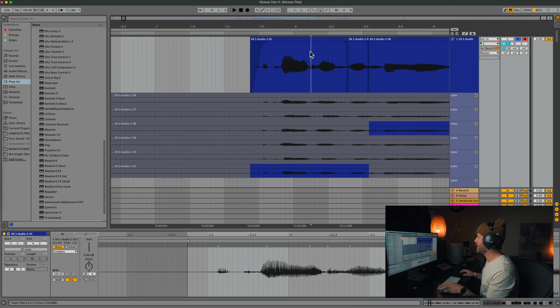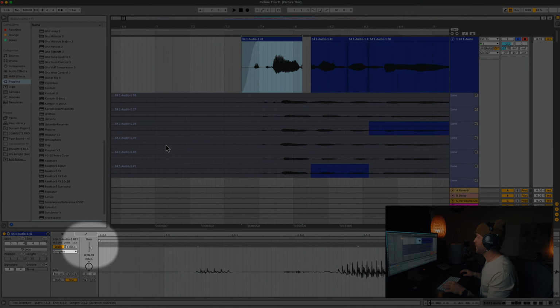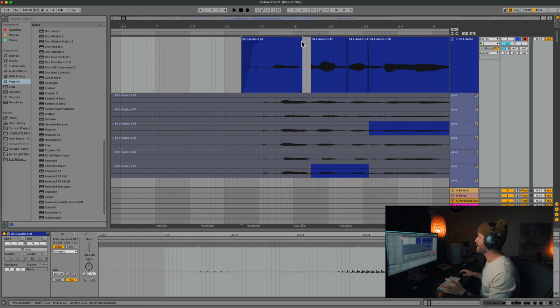You can also use Command E to split a clip and then control the volume of that clip down here where it says gain. This is a great way to cut your breaths out or just separate them from the main vocal and turn them down a bit so your breaths aren't super loud in your vocal take. Hopefully that makes sense. Some other bonus tips for recording vocals is to record at a 1 shaka distance from the mic,